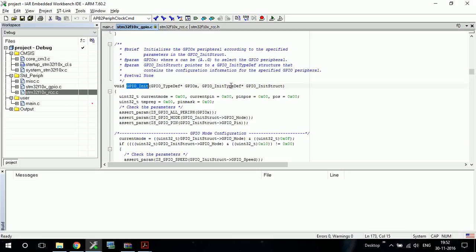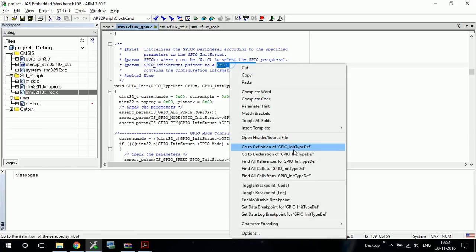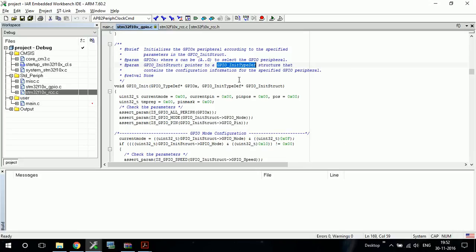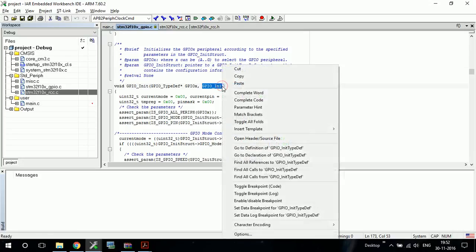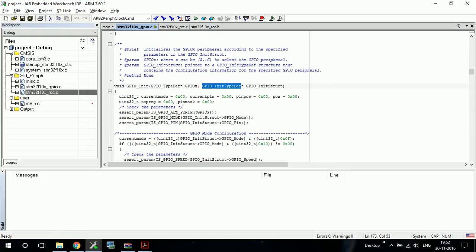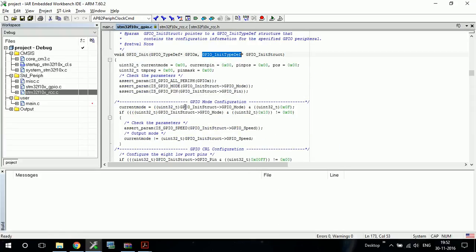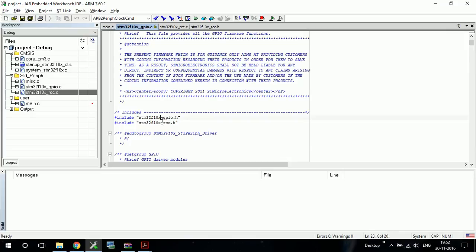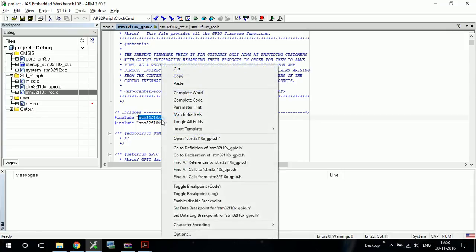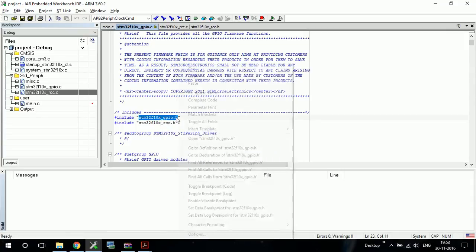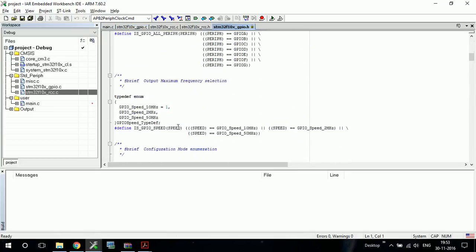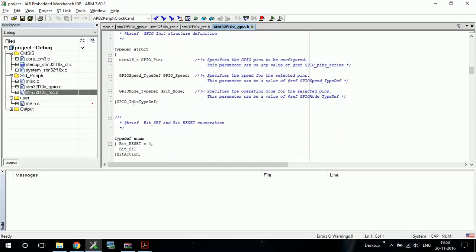Now we have to go to the structure. Here. What is that? Okay, we have to again find the structure. That should be in the .h file. Yeah. So here is the initialized type definition, and as you can see, there are 3 elements in this code,